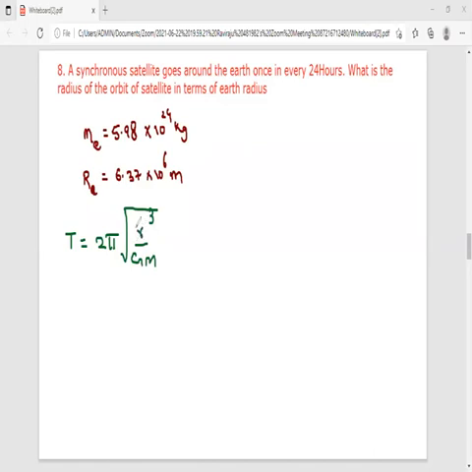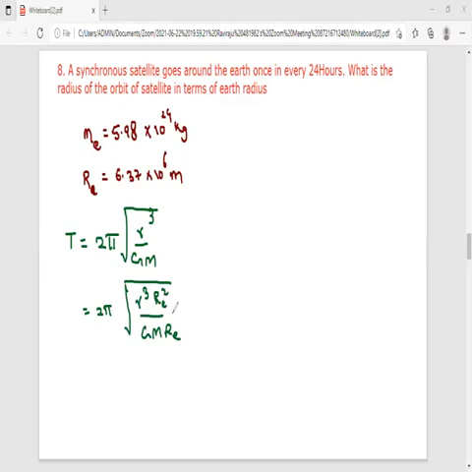Now mass of Earth is given, radius of Earth is given. So you can write 2 pi root over r cube, you just multiply and divide with radius of Earth